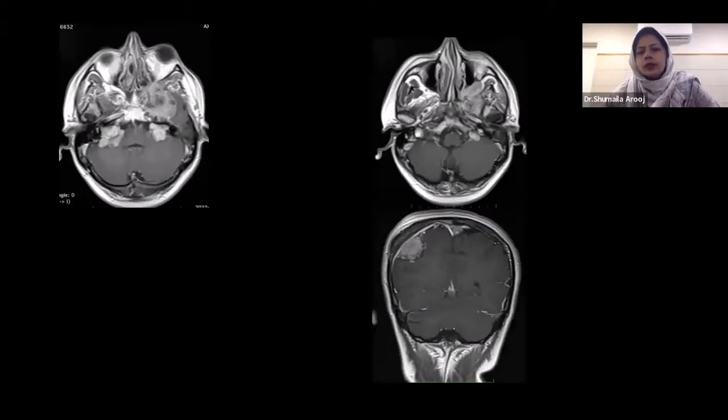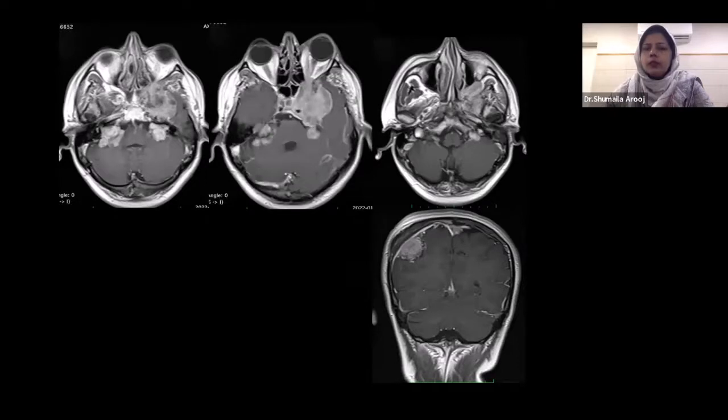So this was another patient. Always remember that whenever you are looking at multiple schwannomas, especially in a younger age group, there are multiple syndromes which should come to your mind when you are looking at the posterior fossa. The posterior fossa is notorious for a number of syndromes. Even if there is infarction, there are multiple syndromes. There is a lateral medullary syndrome or a medial medullary syndrome. Similarly, if you are looking at multiple schwannomas, just think about neurofibromatosis too,